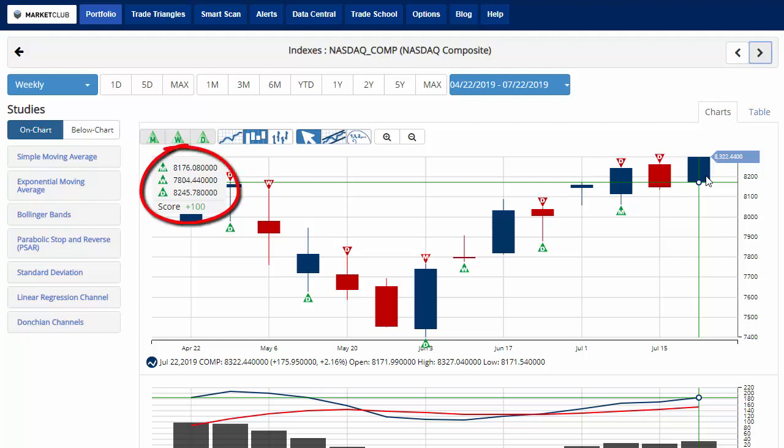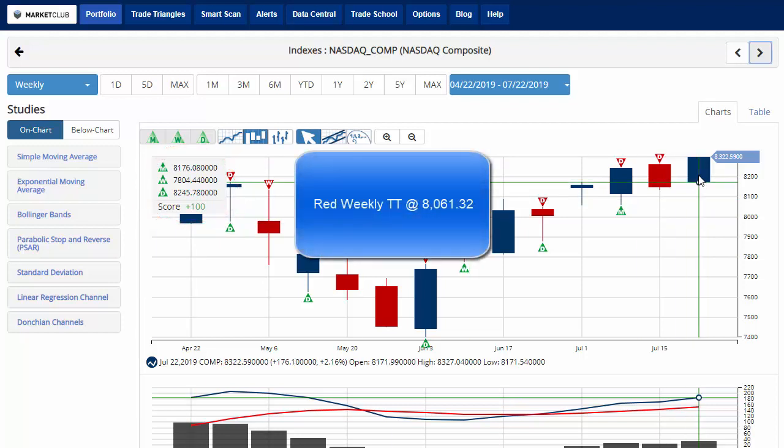Chart analysis score still plus 100, up over 2.1% on the week. And your key level to watch is 8,061.32. A move below that level would issue a red weekly trade triangle, indicating a move to a sidelines position